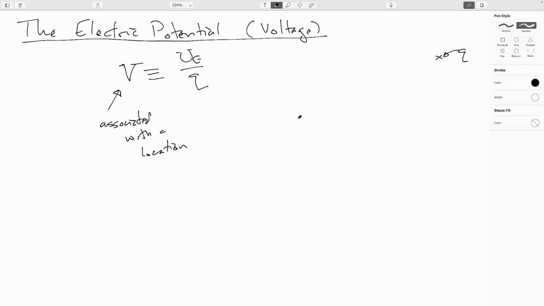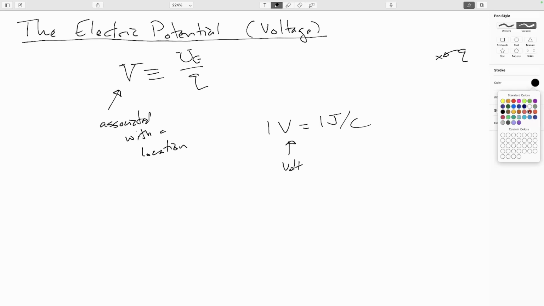As far as the units go, this is joules, this is coulombs. The unit of electric potential is the volt, and 1 volt is 1 joule per coulomb. And yes, I know the symbol for volt is also a capital V. I usually try to make it the unit without the little bars on top and the voltage or the electric potential with the little bars on top, because otherwise you're going to get silly looking things like people writing